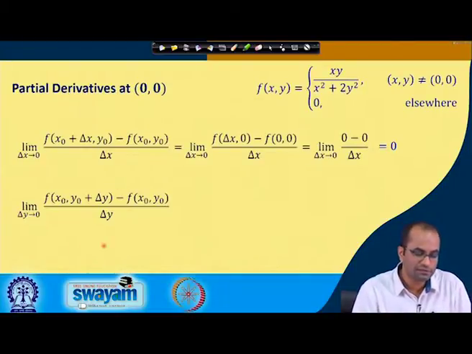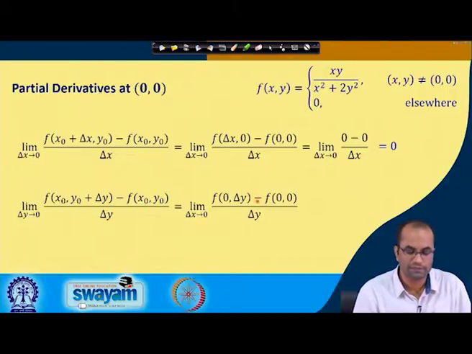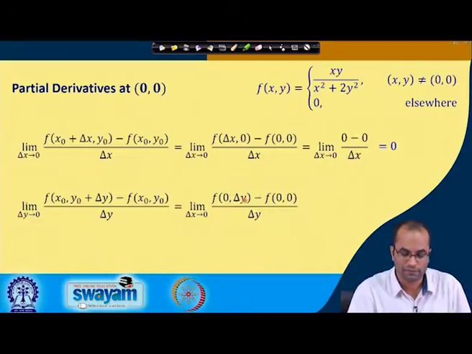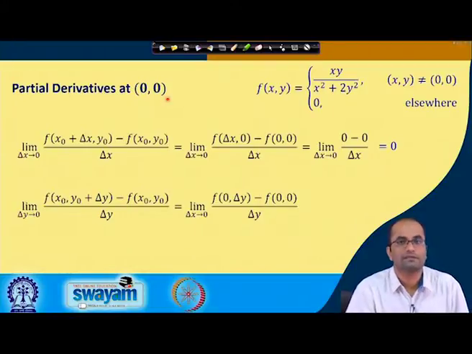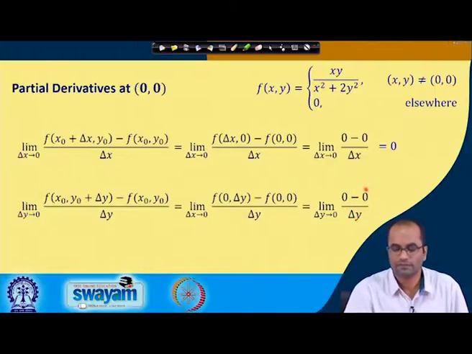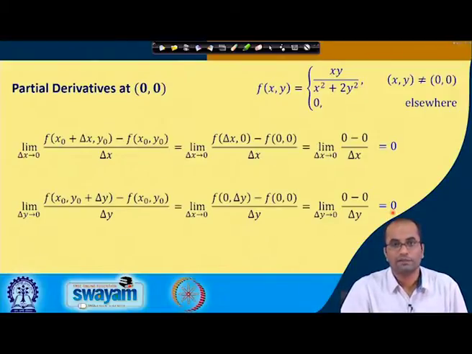Now, the partial derivative with respect to y. So, we have y naught plus delta y in this case, and over delta y. As per the definition, because this x naught, y naught we will put 0, we are talking about the partial derivatives at the (0,0) point. So, f(0, delta y) minus f(0,0) over delta y, again the same argument, because here the x is 0 and the product in the numerator has the x y term. So, here this will also become 0. So, 0 minus 0 over delta y, and this is 0, and we got again this limit as 0.